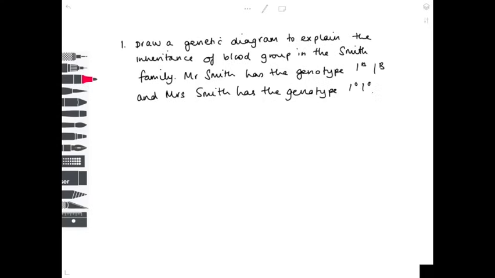So let's look at an example to make it nice and straightforward. So we're drawing a genetic diagram to explain the inheritance of blood group in the Smith family. Mr. Smith has the genotype IA-IB and Mrs. Smith has the genotype IO-IO. So using my method from before, we're going to lay it out as a table. So Mr. Smith, Mrs. Smith,